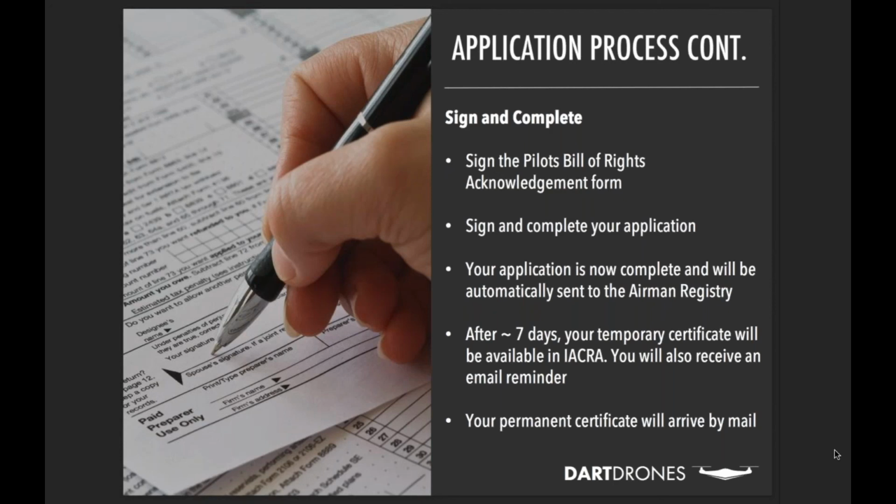It'll probably only be about 3 to 4 business days, and you'll get an email that comes through and says, okay, your temporary certificate is ready. You can go online and print that out. So once you log back into IACRA, you'll have that link there to print the temporary. Print it out. It does need to be signed. There'll be a section on there for you to put a signature, so make sure you print it off and